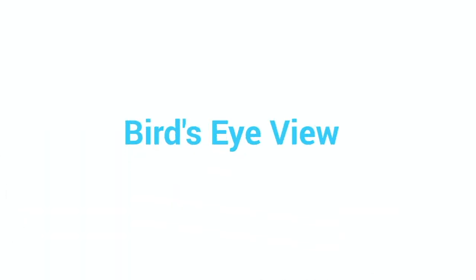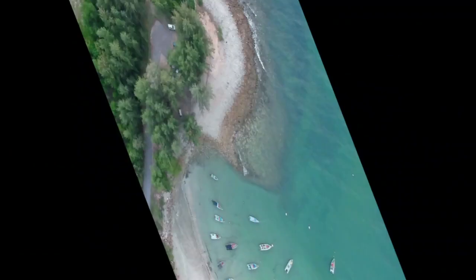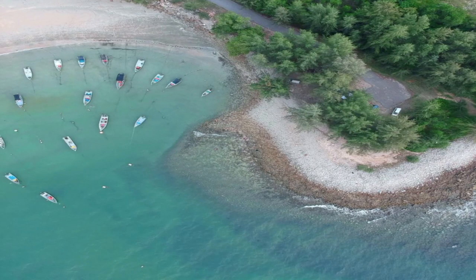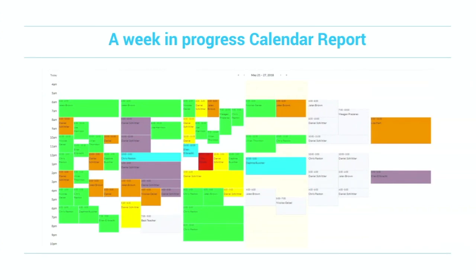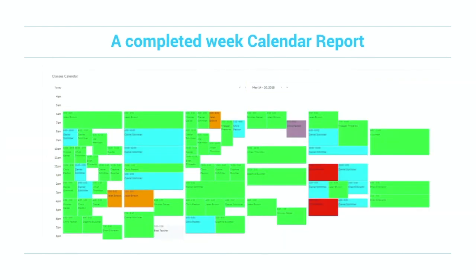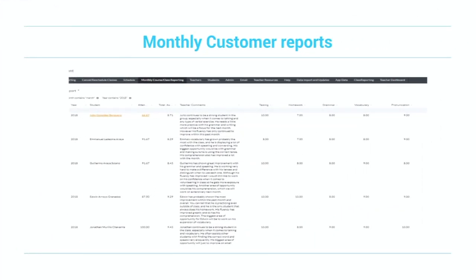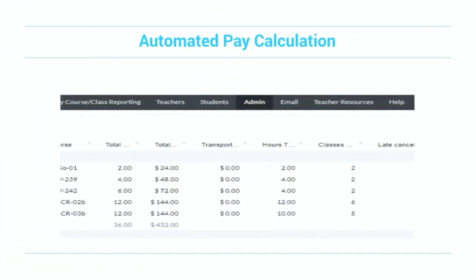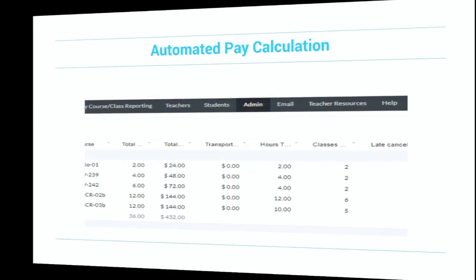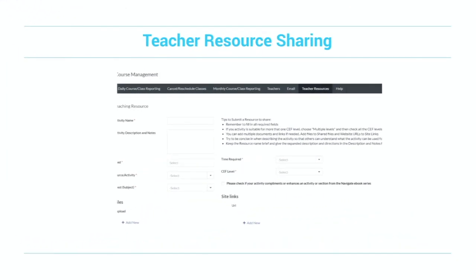Okay. We get a bird's eye view of what's going on in a company. Well, that's a bird's eye view, but that's not what I was looking for. That's the bird's eye view. That's a week in process. Before, that used to be all gray. Once we put dynamic formatting, that became a report that you look at one time, you know what everybody's doing and what they've done. That's a completed week, monthly customer reports, automated pay calculation, and we have teacher resourcing